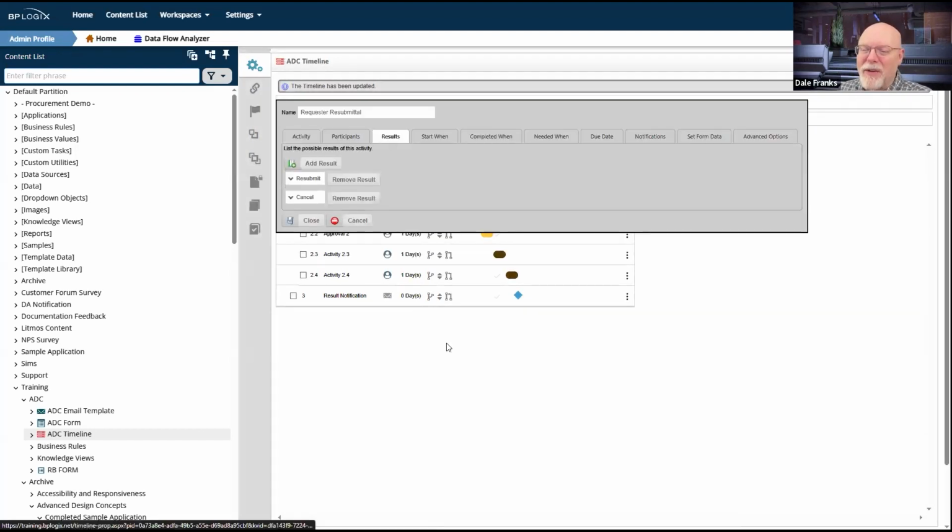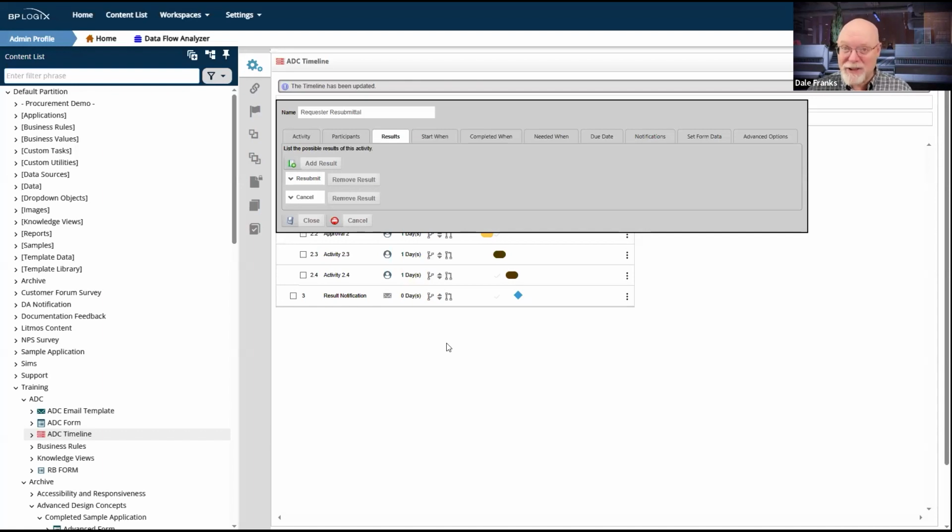I have a result called resubmit. I can't use that result because here's what's going to happen. I'm going to submit my request. My supervisor is going to say, hey, I need more information. He's going to hit the request resubmittal button, or whatever it is that I decide to call it, to send the request back to me. I'm going to look at the request. I'm going to change it.